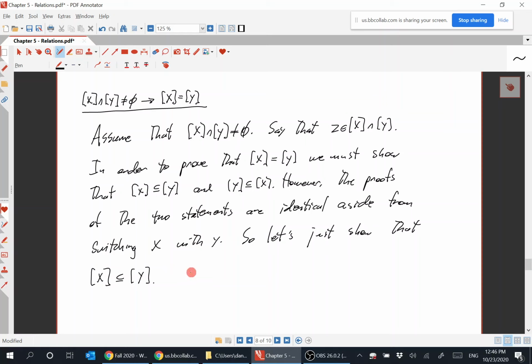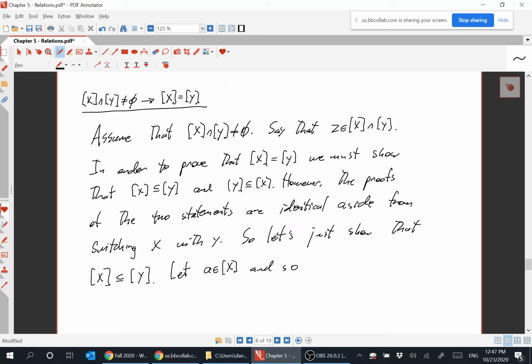Right. So what element would you like to work with? A. Yeah, great. So let's just show that bracket X is a subset of bracket Y. Let A be an element of bracket X. All right. Now we have to look at Z because Z is in bracket X. Because Z is in, well, first of all, before that,